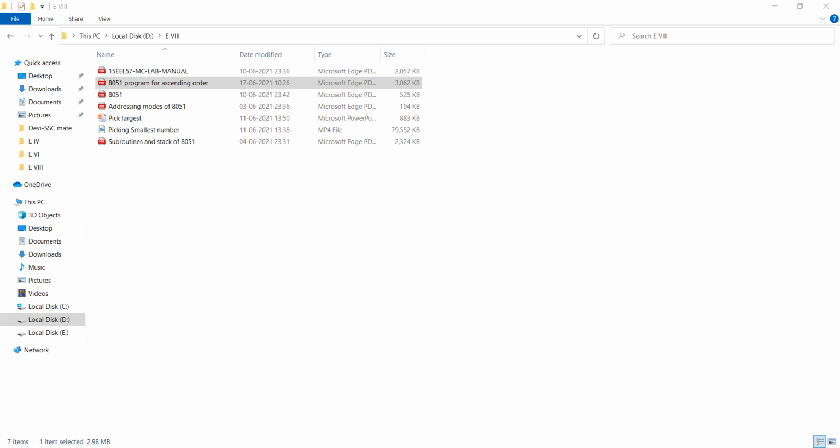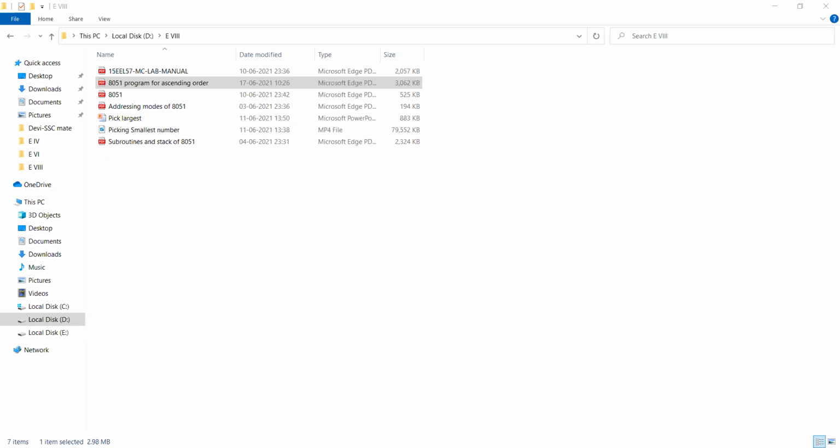So first location, we have a count value that you can take in the R0 register, because this is important. How many times we have to compare? Based on the count value only, we will repeat this process. Then the first data in the accumulator, you can shift to some memory location 55.